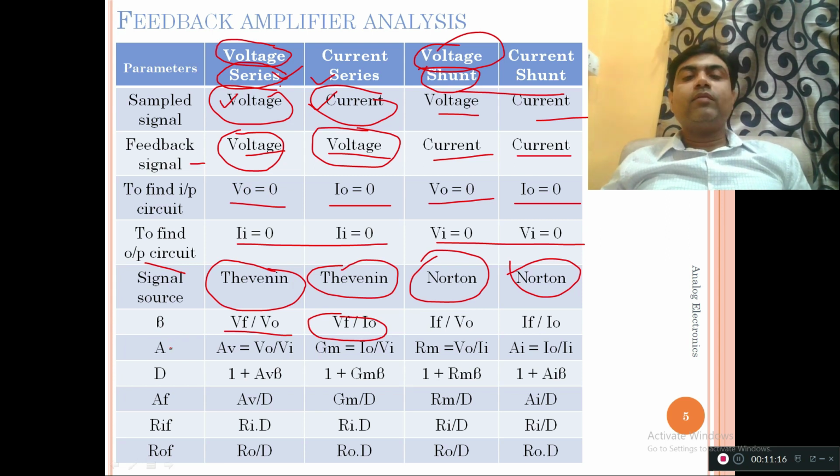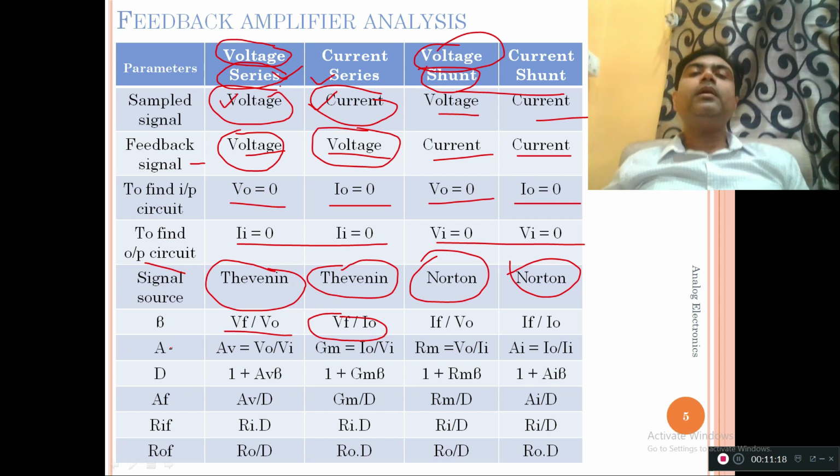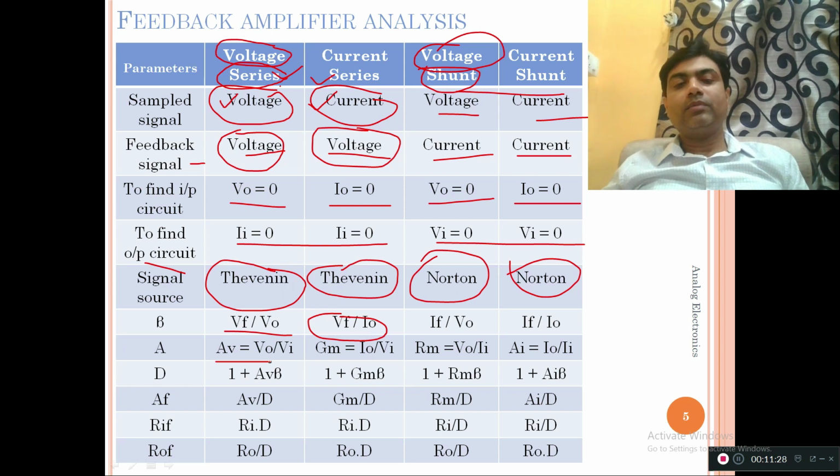Now A, when I say A, is nothing but the open loop gain of the amplifier, that is, when we have not applied the feedback. If it is voltage series configuration, it is known as AV, which is V0 upon VI. If it is current series configuration, it is known as transconductance gain GM, which is I naught upon VI. Similarly, transresistance is V naught upon II. And the last category, the current shunt, is current upon current, I naught upon II. So depending upon what kind of amplifier we are choosing, we have to define the different gains,